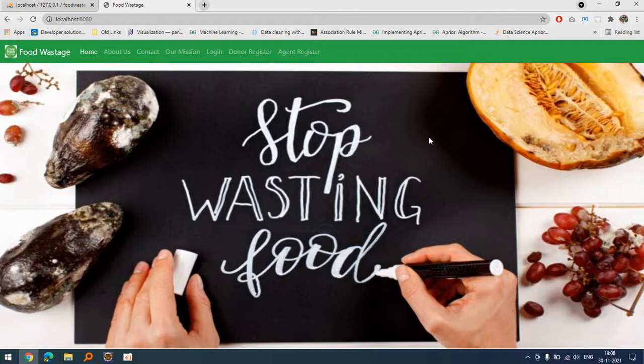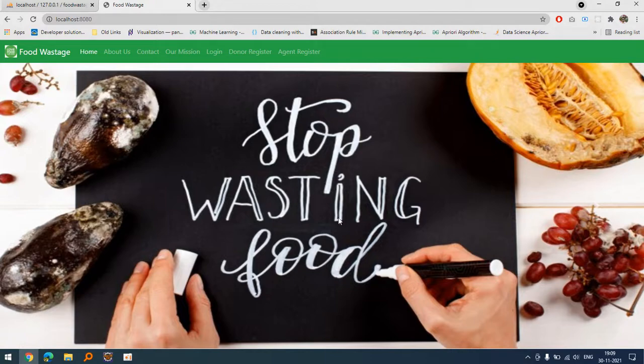Today I am back with my new project, that is food wastage management system. Basically this project is a good concept. This is developed for those persons who are interested in donating their foods. The individual can donate their foods if they have some excess at their home, or a restaurant can register itself on the website in order to donate for some needy persons.